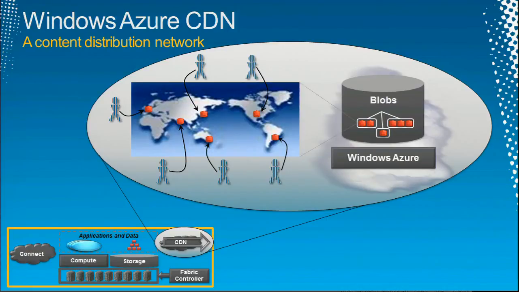Later users in South America will then access that cached copy, not go all the way back to the data center in the US to get it. The idea is to speed up access to frequently accessed data. And today it works for blobs. Microsoft tells us that will expand over time. So CDNs are interesting and useful for some kinds of problems.